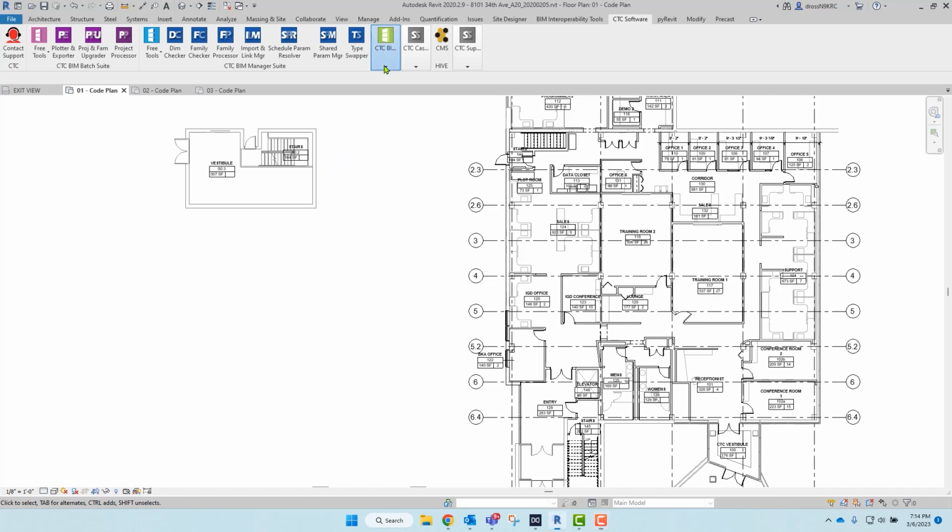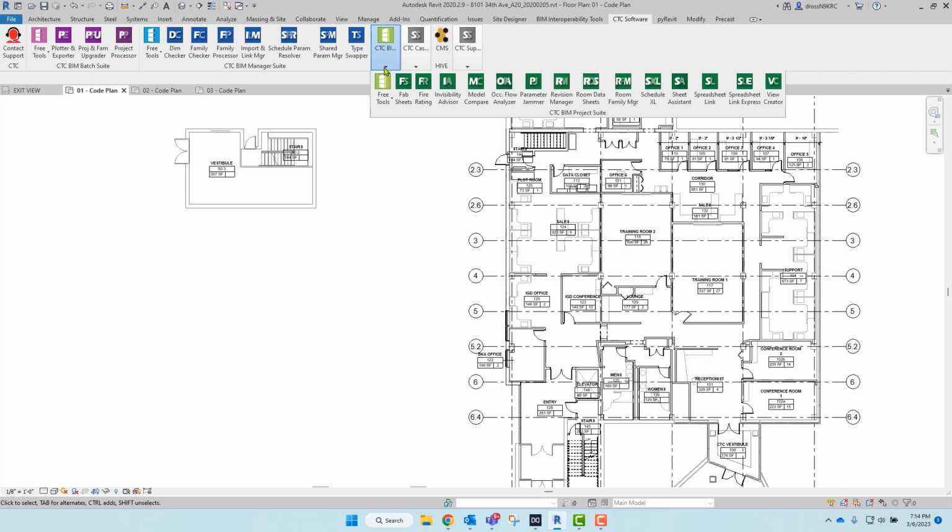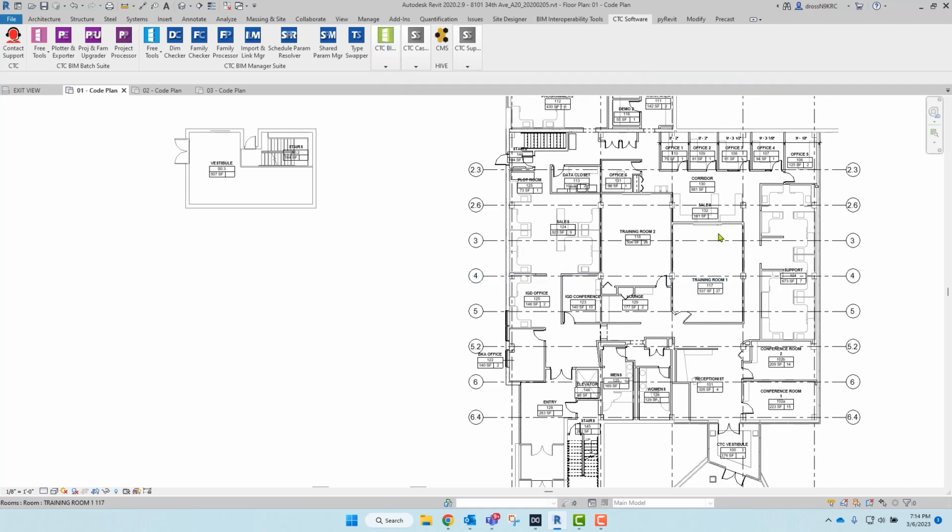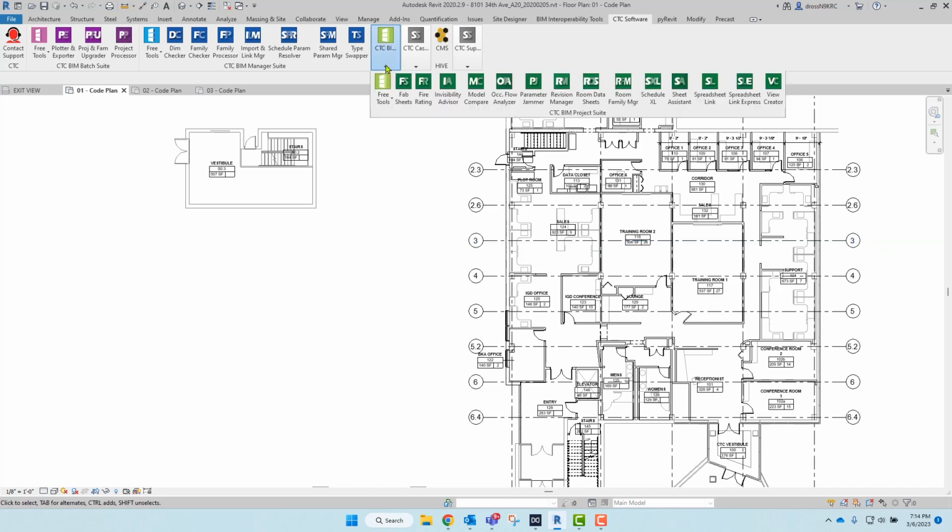If you go to the CTC BIM project suite, you'll see the fire rating tool. And before I click on that, this is a pretty typical office building. It's a multi-story. Most of the things you see in this plan are things you'll find in an office building. So there's nothing out of the ordinary about this model. So if we open the fire rating tool,